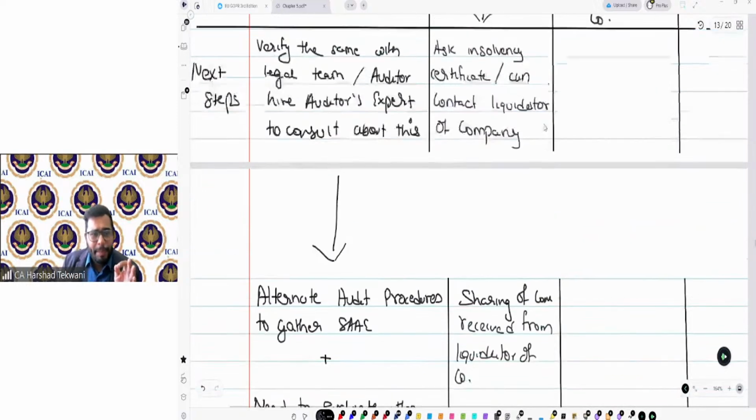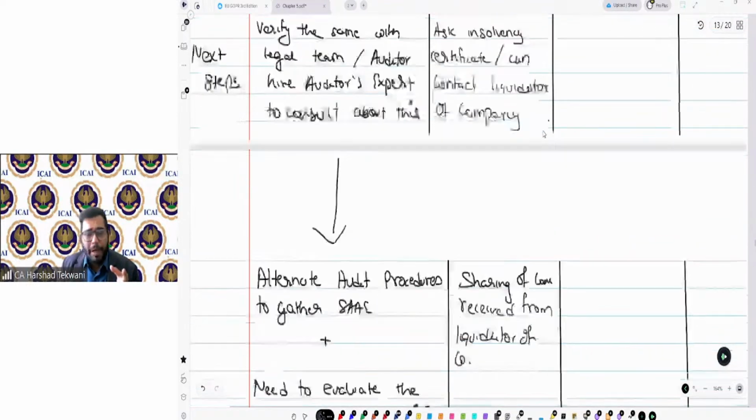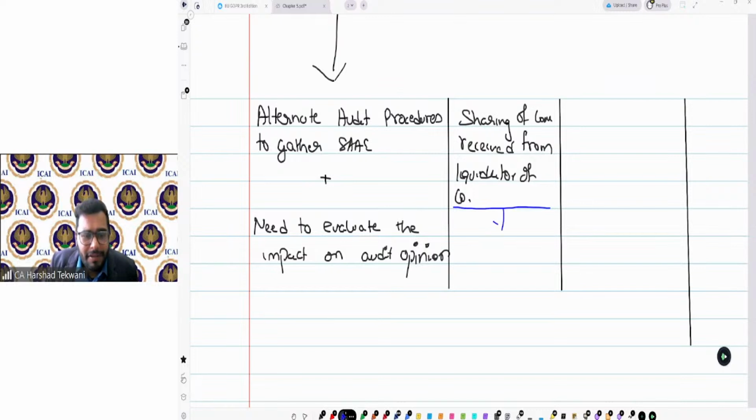Now, when I say asking for an insolvency certificate, contacting the liquidator of the company, sharing of communication received from the liquidator of the company, this is nothing but your alternate audit procedures. So you perform alternate procedures and then you evaluate the impact.